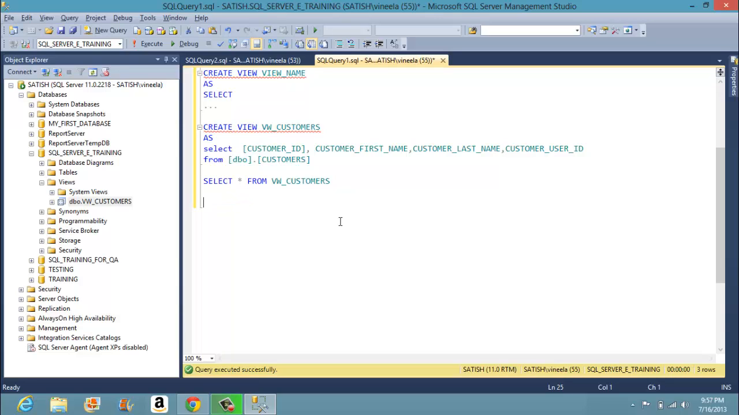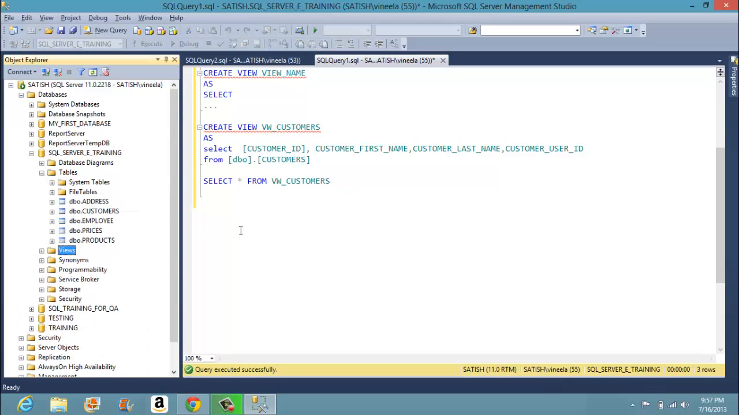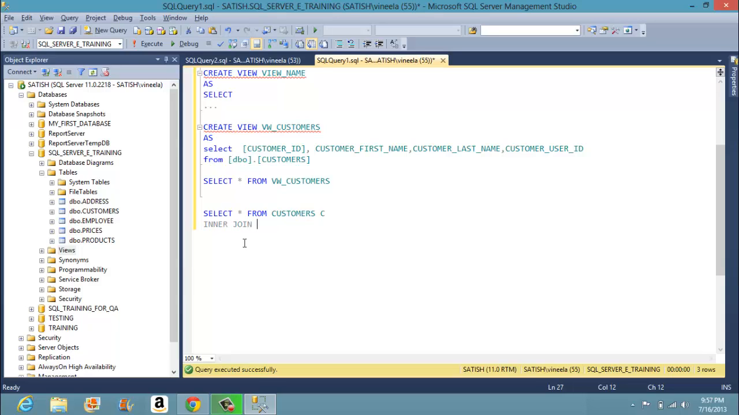which gets the data from customers and also the address table. Okay, so let's try to write a query. Let's say select star from customers C and then inner join address table on C dot customer ID is equal to A dot customer ID. Okay, and then in place of